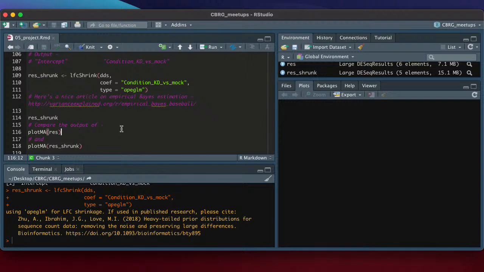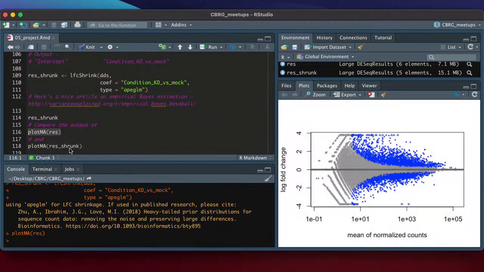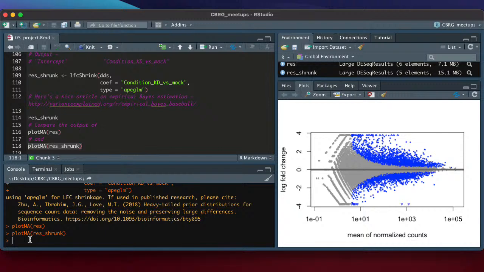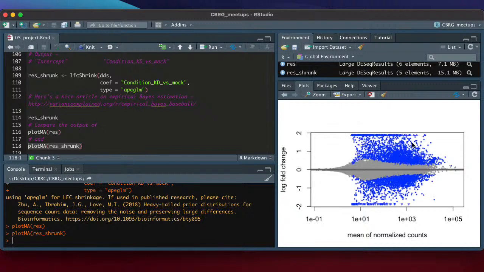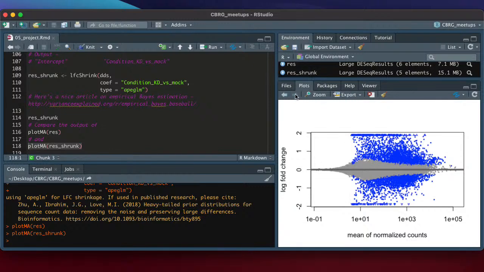And I'll first show you the effect of this shrinkage. So let's go ahead and plot the first res object just to remind you of what that plot looks like. So that looks like this. We've already seen it. Now when we plot the shrunken log fold changes, we get this. This is a good thing. It looks like there's a much wider spread, but the y-axis scale has changed. So we can toggle back and forth. Now all of these log2 fold changes of 4 and negative 4, those low confidence high log fold changes have now been pushed towards 0.